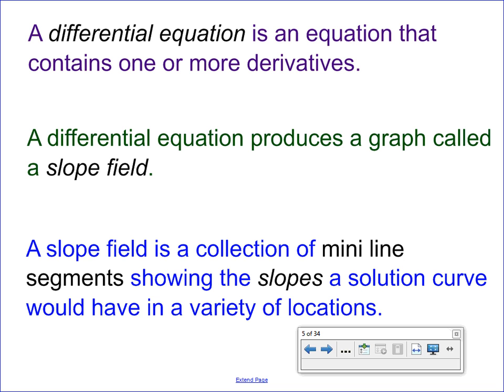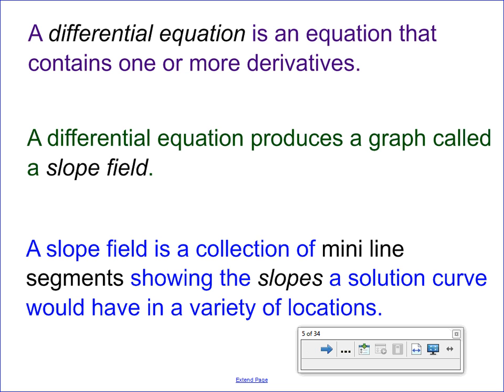And this slope field is a collection of those mini line segments that indicate the slopes that a solution curve would have if it passed through that general vicinity. And so, depending upon the location of a solution curve, when superimposed upon a slope field, it's going to have a different slope and direction, and we can show what the slopes of the solution curves would be by sketching mini line segments that would represent mini tangent lines, depending